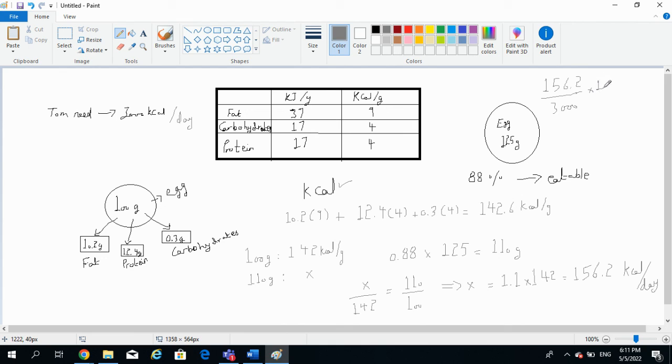So if you do this, this will become as a percentage only 5.2%. So he needs to eat a lot of such eggs in order to fulfill the value of 3000 kilocalories